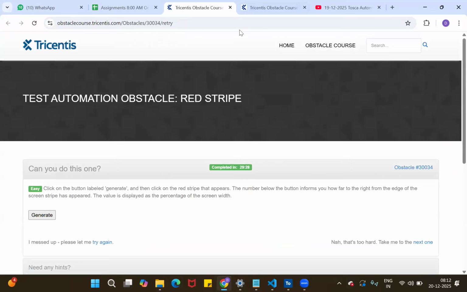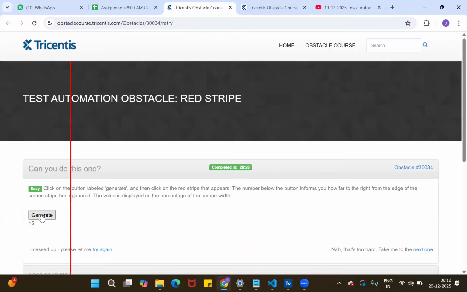In this 16th obstacle, click on the button labeled generate, and then click on the red strip that appears. Now the red strip has appeared here. Below the generate button, are you able to see the number 150 is also generated? The number below the button informs you how far from the edge